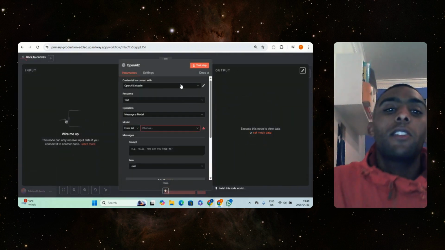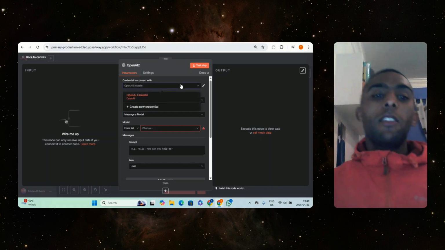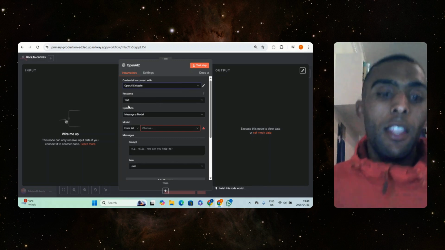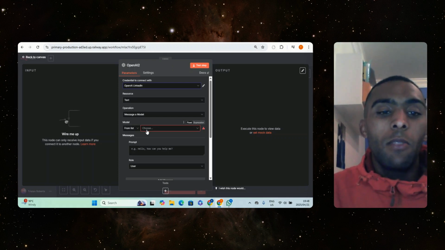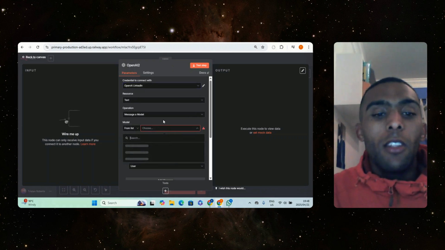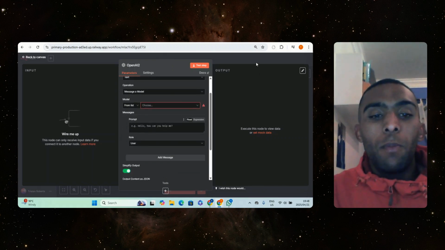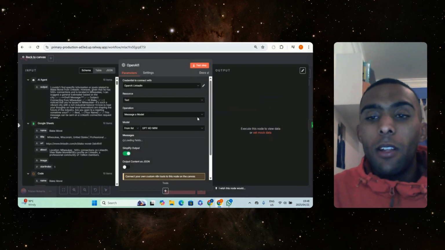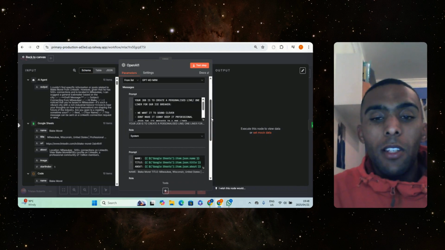What you want to do is same. Just as you created the OpenAI models, you will find the option there. Resource text, operation, message model. For a mini, we're going to leave it like that. And then the prompt. This is what we're going to do. The prompt is, so go into our prompt. Basically, you want to select,